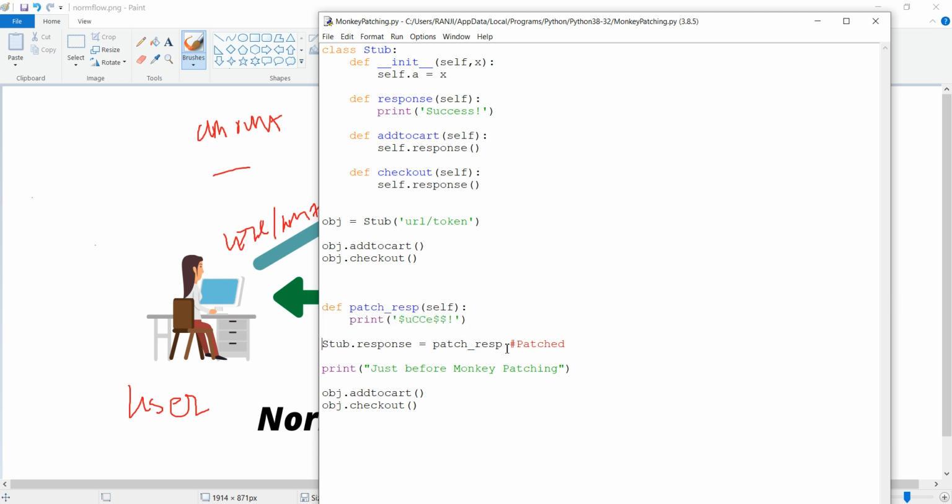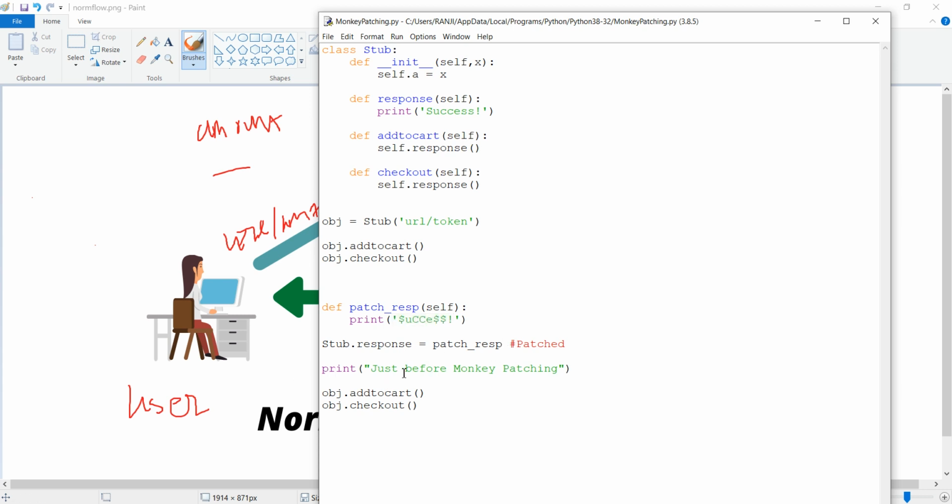This is how the patching is done. We call the method of the stub class, that is stub.response, and we assign patch response to it. So whatever value is there for patch response goes inside this stub response, and this is the patch code.